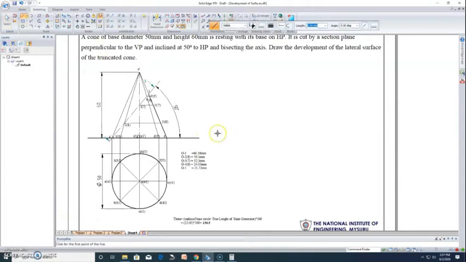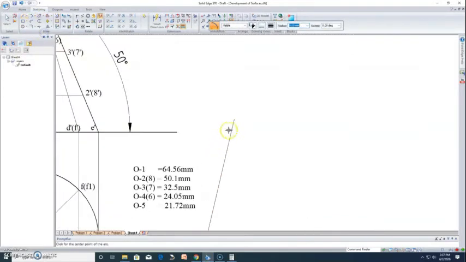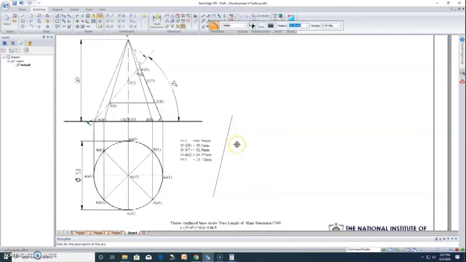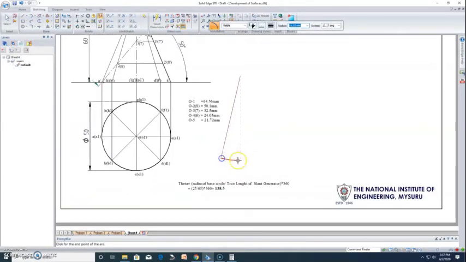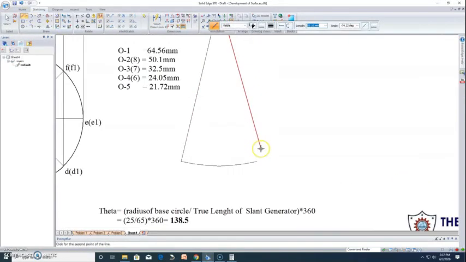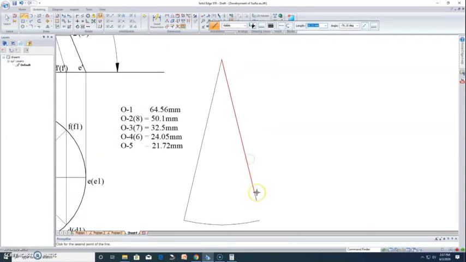For that I'll first draw a line. Then I'll draw the arc. Taking this as center, on the end of the line draw an arc. Now I'll connect the end of this so that it represents the sector.